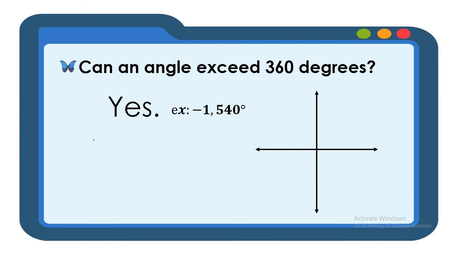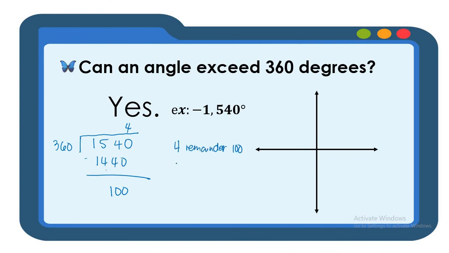So we have here 1540. Let's disregard first the sign because we will just first divide by one full rotation, which is 360. If we divide 1540 by 360, we are going to get a whole number of 4. Then multiply 4 by 360, we're going to get 1440. Then subtract 1540 minus 1440. The answer is 100. So the answer here, when we divide 1540 by 360, is 4